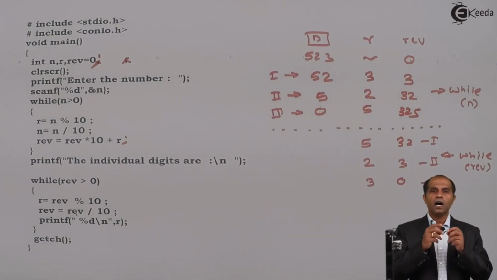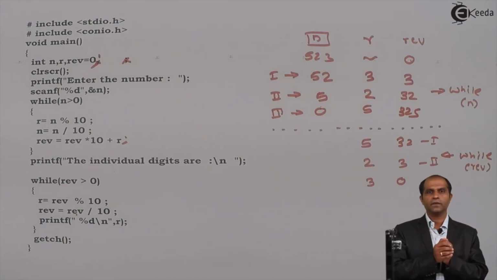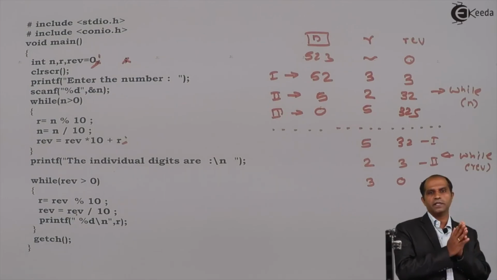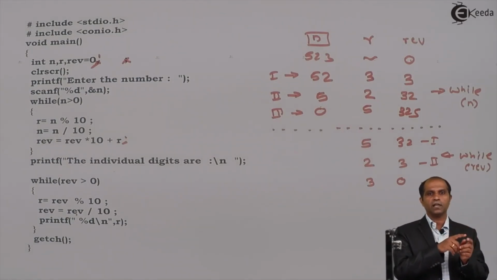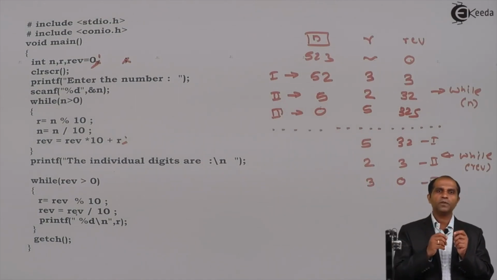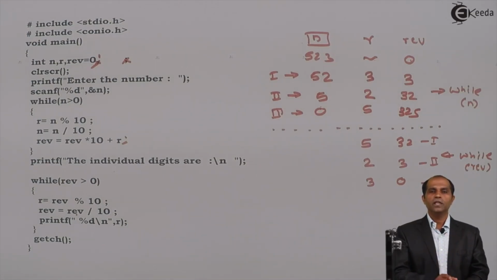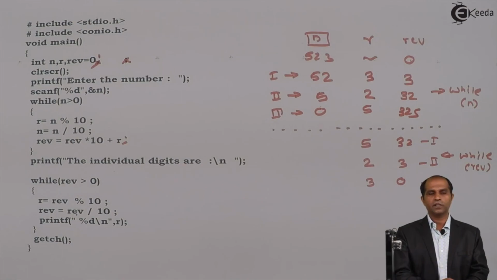Hence, what I need to do is first get the reverse of the number and then try the extraction. When you reverse the number and try the extraction, it is as good as extracting the leftmost digit first and then towards the right hand side. Right? If they ask you to extract the leftmost digit first, it is not possible directly, but definitely you can try with the reverse and then extract the numbers. So this is how we display these individual digits. If the digits have been asked to display with spaces, then instead of slash n, you can use just a blank space or slash t also.